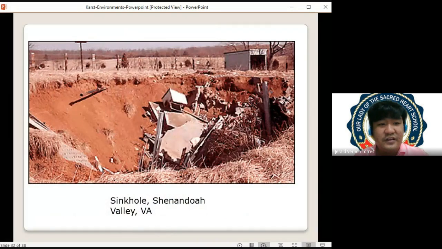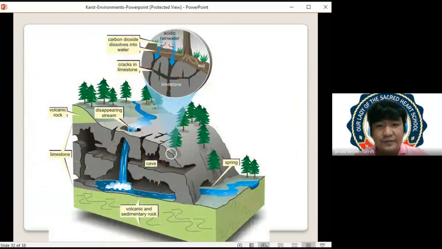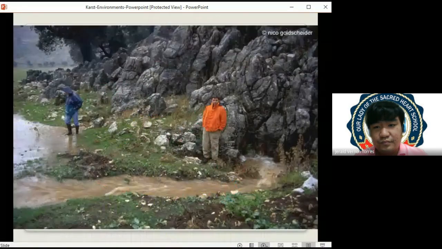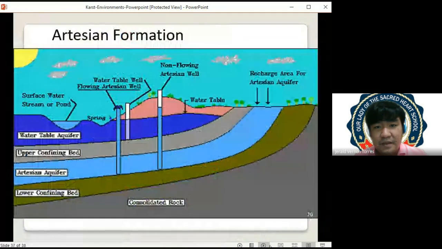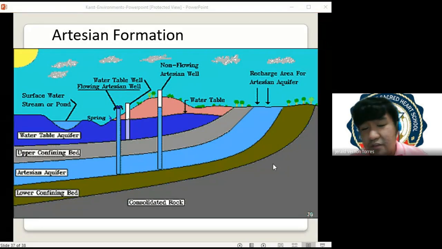Okay, this is another example of sinkhole formation. Ayan yung pag-form ng artesian well. And sometimes maybe it's sustainable, but it can be dangerous, no? Also, medyo dangerous din siya kasi nga, lumalaki yung population natin, lumalaki yung demand for water, and because of that, there's a chance to drain so much water from your underground sources, and ang possibility, maka-form tayo ng sinkhole.